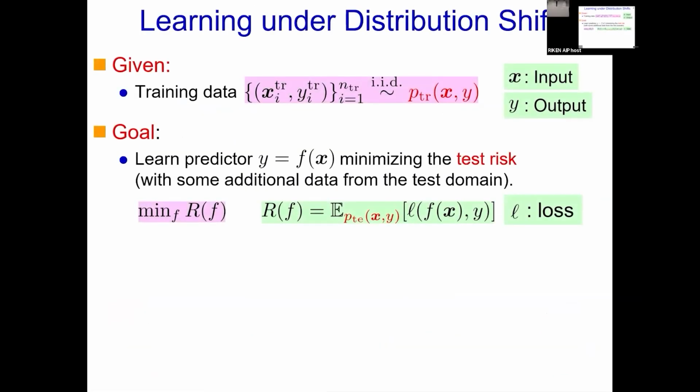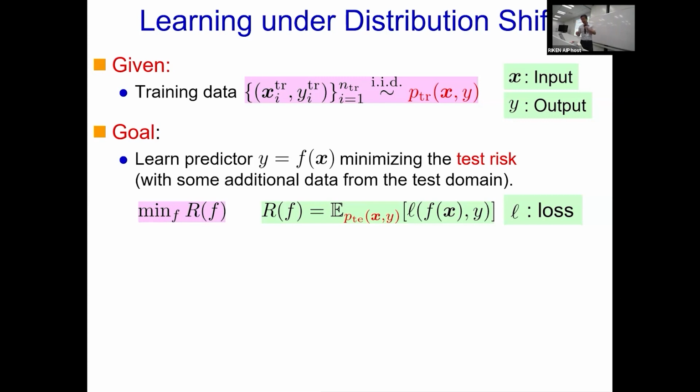My talk is about learning under distribution shifts. The goal is quite simple. We are given labeled training data, where X is an input variable and Y is an output variable, and we are given paired samples from P_train, the training distribution. Our goal is to learn a predictor Y = f(X) that minimizes the test risk. Test risk means we consider a standard loss function, expected over some unknown test